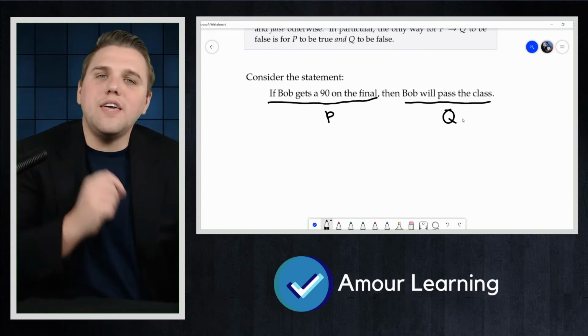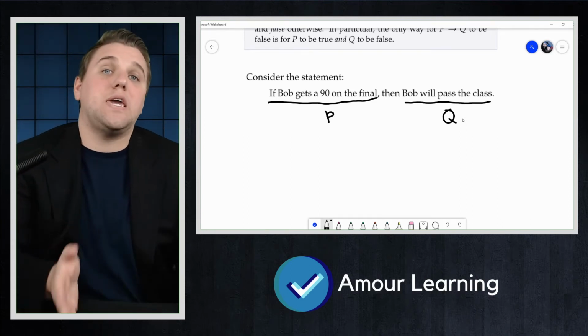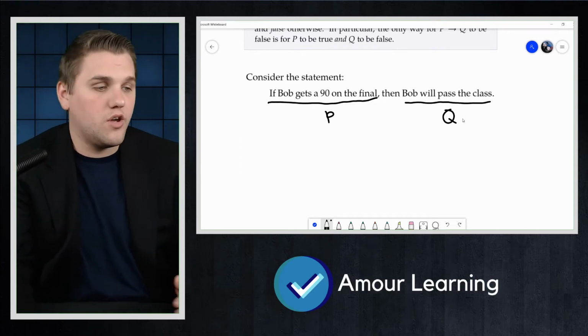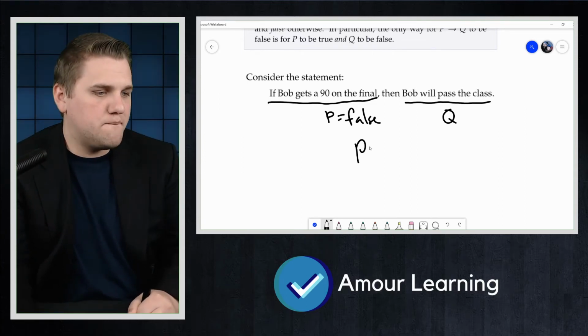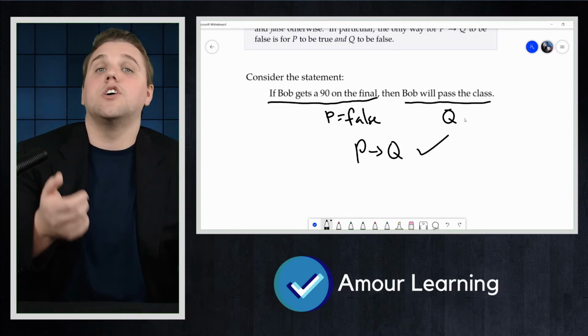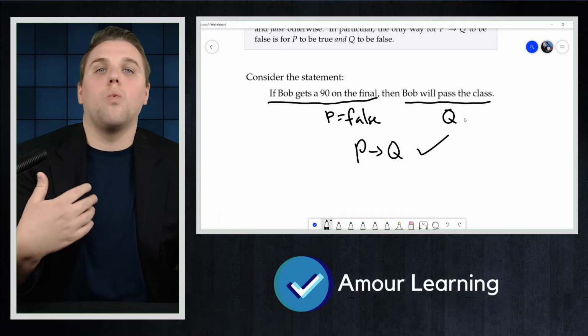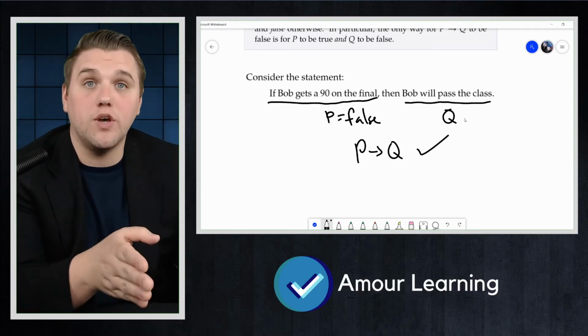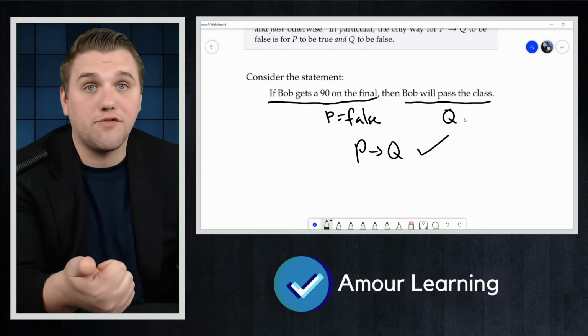So, in these last two cases, P was false, and the statement P implies Q was true. So P is false, but P implies Q is still true. In the first case, Q was true, and so was P implies Q. So here's how this works. P implies Q is true when either P is false